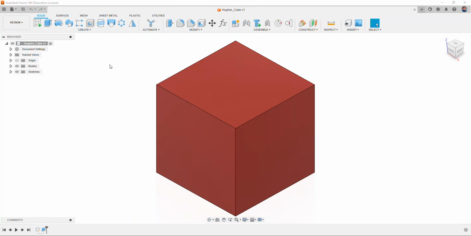Hey everyone, we're going to continue our construction block modeling journey. As we finished out in the last video the cube, we're going to take a look at the rectangular prism next. Now this one was made in the last video. I'm going to go ahead and show you that when you're done with using a design, once you have it